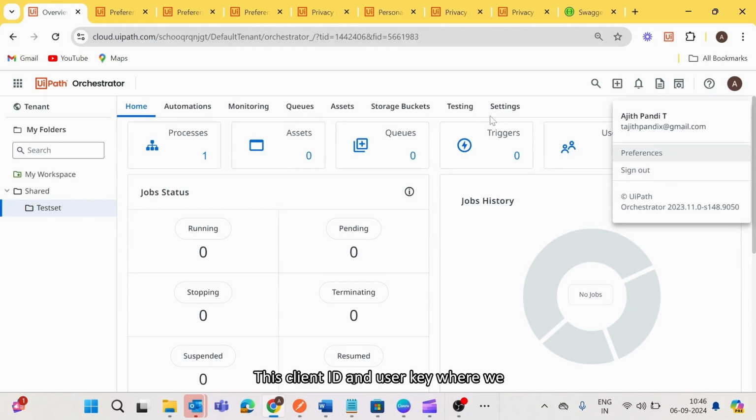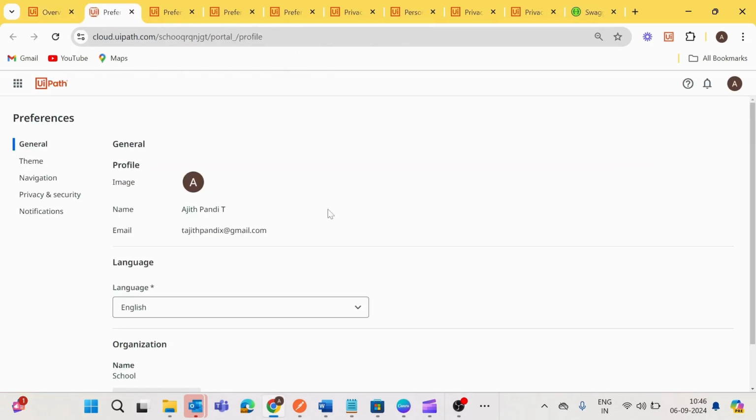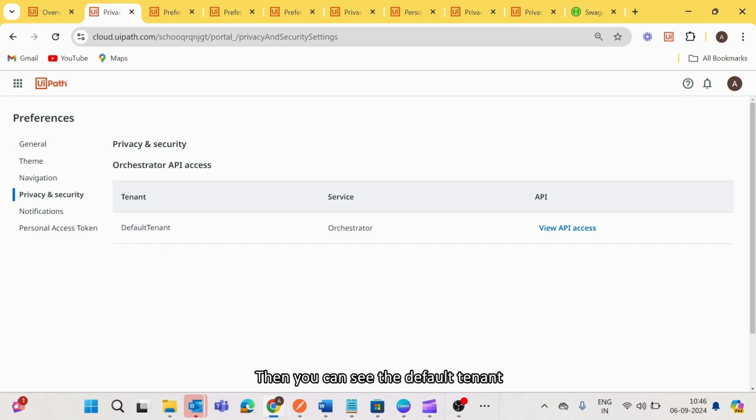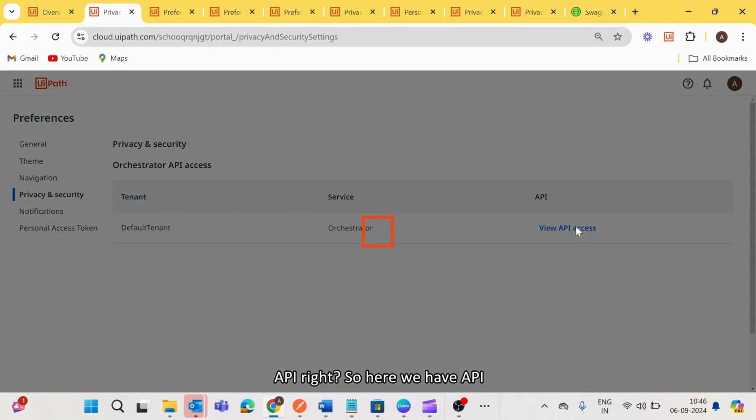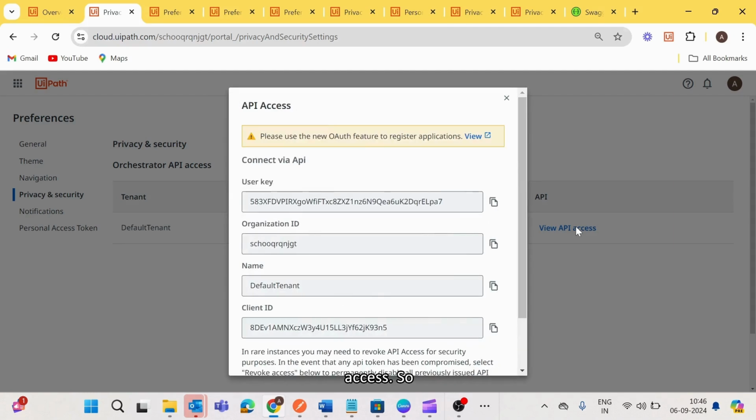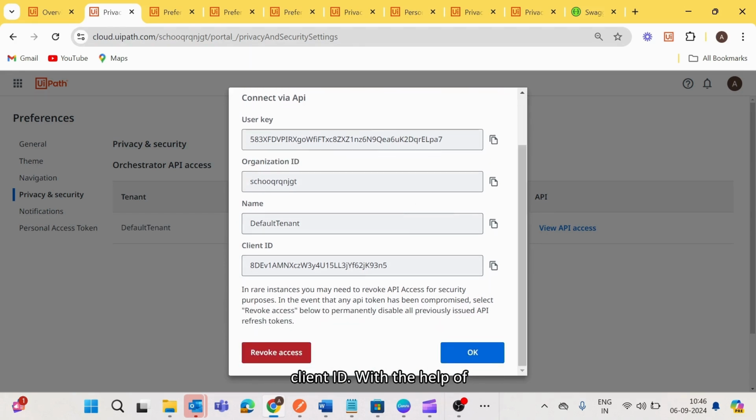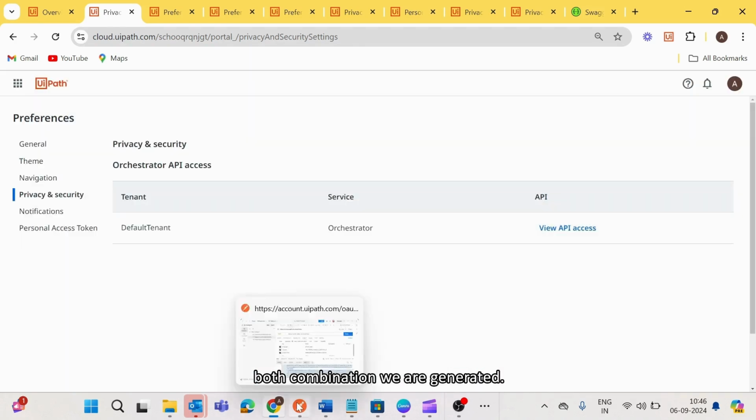This client ID and user key, we will get under the preferences, then go to privacy and security, then you can see the default tenant API. Here we have API access. So this is the user key, then client ID. With the help of the combination of both, we generate